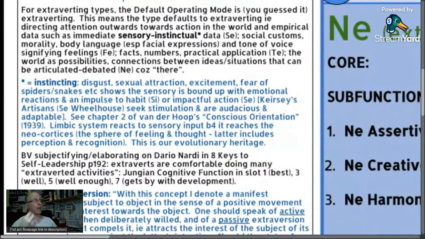And then he happens to be watching a television program on judo. This is an example of how NE and TI work together. He's watching a television program on judo, and the instructor says, what you've got to do is you've got to use the weight of your opponent against himself. And Douglas Adams goes, ooh, there's something interesting here. So I think that's the NE. It's like he intuited, ooh, that's an interesting idea. And he was able to extract, and this is where we're then going from NE into TI in a sort of combination, the essential lesson from use the weight of your opponent against himself